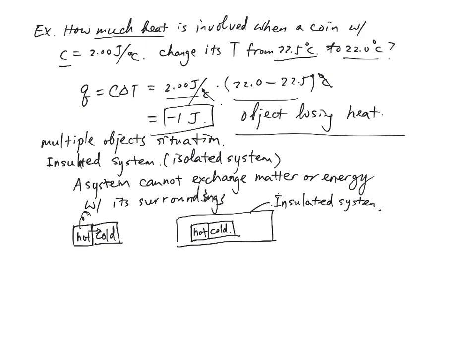There's no countertop, so you don't have to waste energy to heat up part of your countertop. And now you can simply just consider the two objects. So heat transfer from hot object to cold object, and